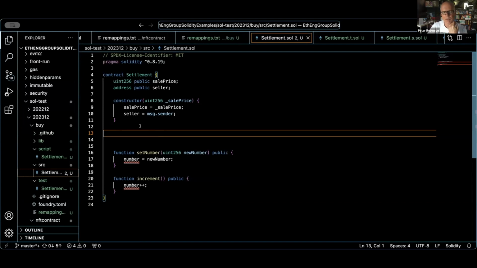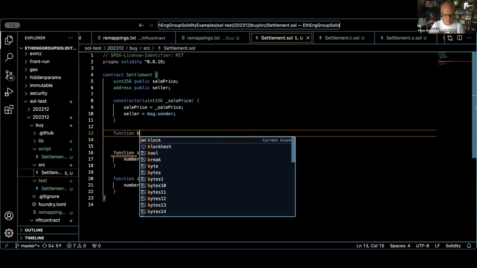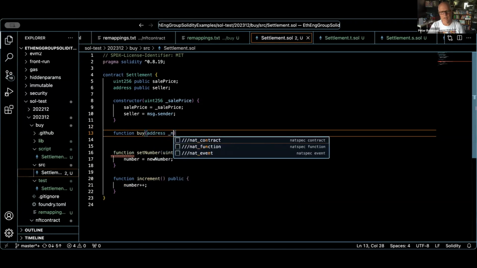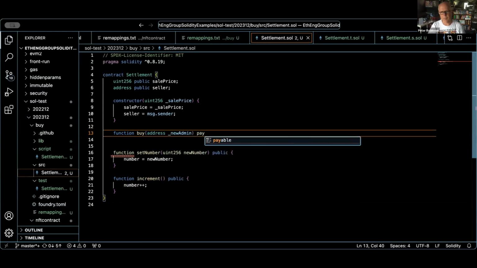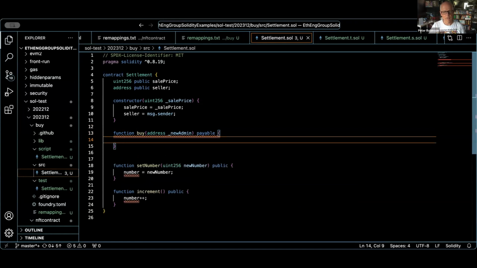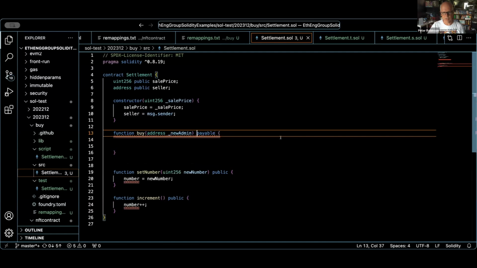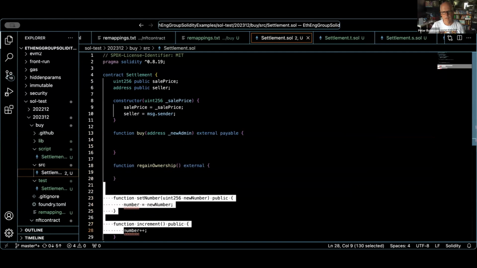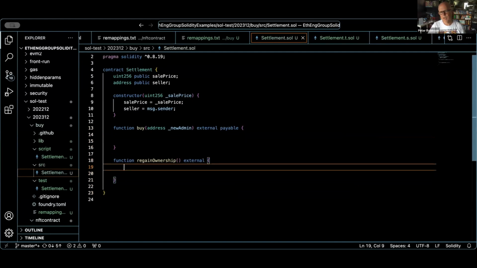All right, so we've set up the seller, and then we were going to have a buy function. It was going to take an address, which is the new admin. And it needed to be payable. What's wrong with that? It also needs to be external. And then there was another function, which was regain ownership. Regain ownership needed to essentially go